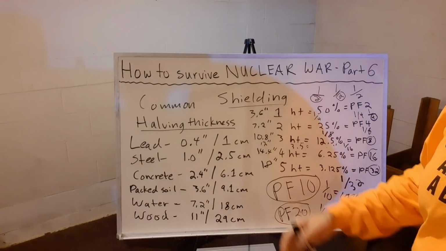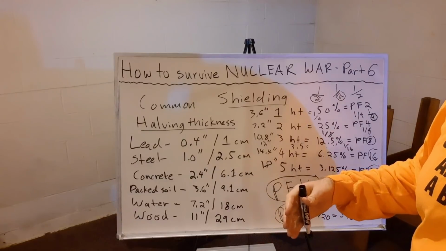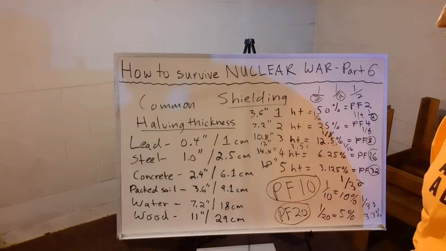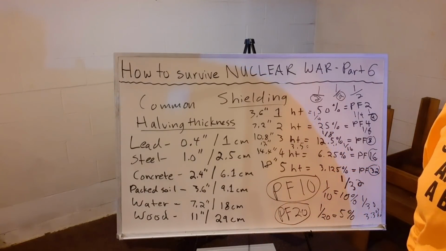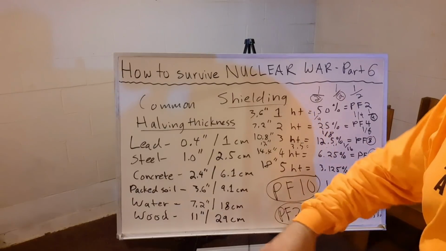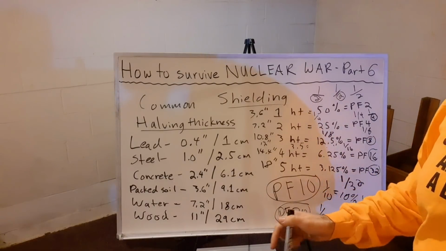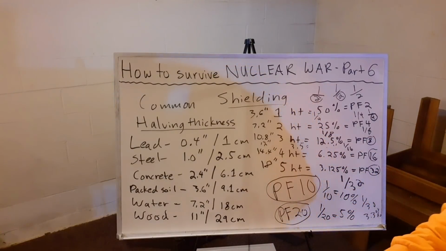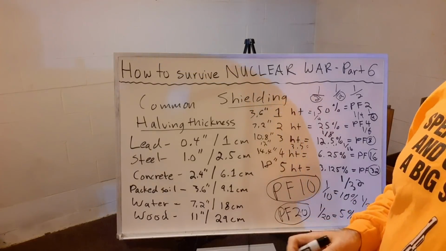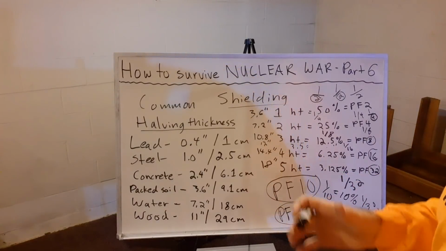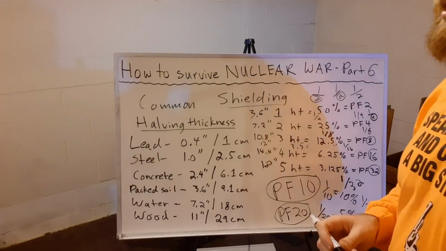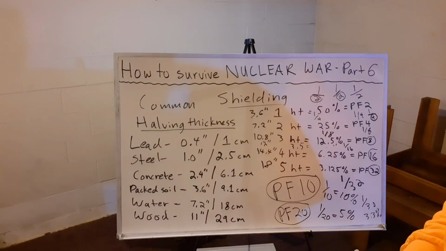So if you find yourself a stone structure, or you find a multiple story office building that's made of reinforced concrete, and usually those office buildings, if they're more than like 4 or 5 floors, the concrete is really thick because it has to support the building. The walls have to be solid so they don't collapse when it's windy. So usually you have at least like a foot of concrete all around the building,